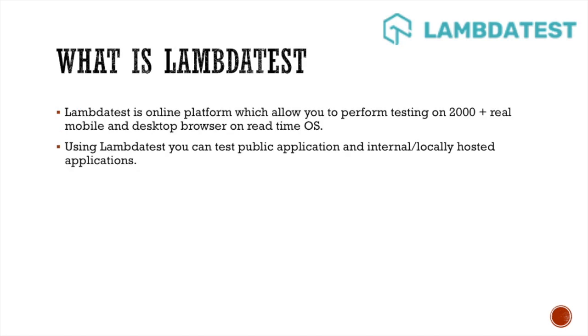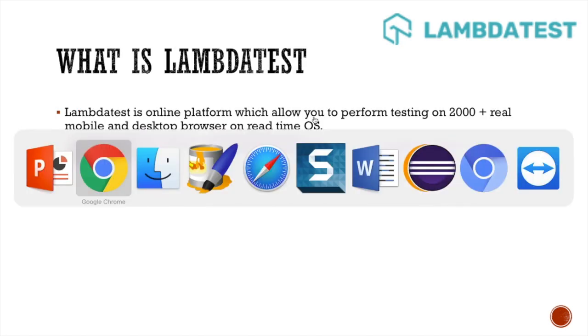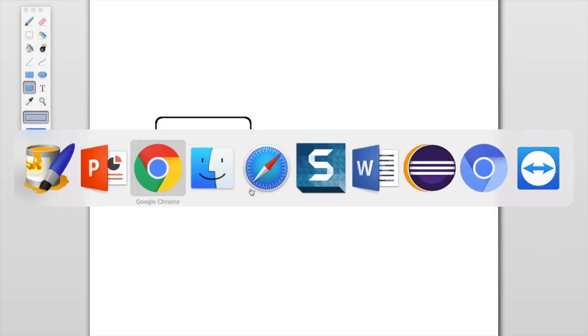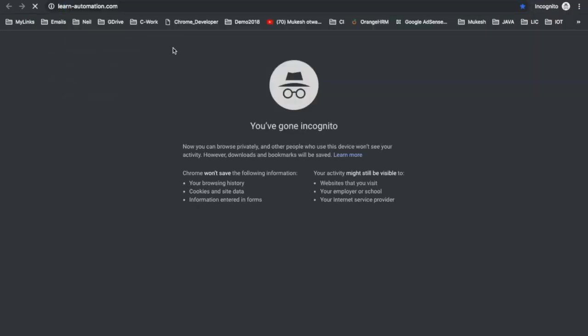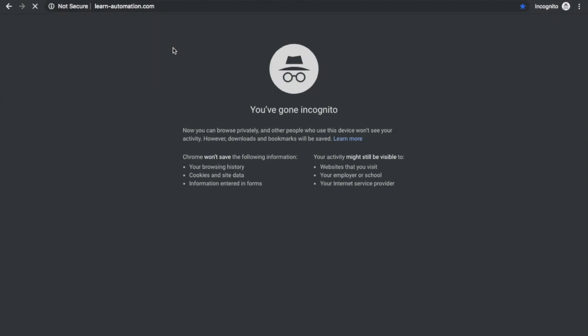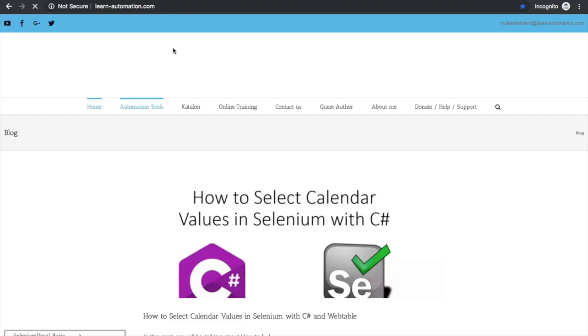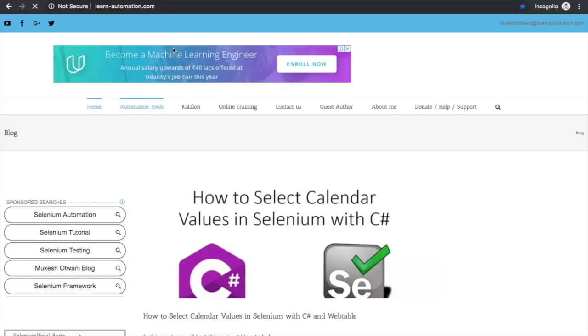Okay, so let me talk about a situation. So let me draw a diagram that, let's say I have an application, or let's talk about my blog itself. I have my blog which is learn-automation.com. This is my application, let's assume, and I need to test this application on different devices. Okay, so let's say I want to test this particular application on iPhone, Android phones, and